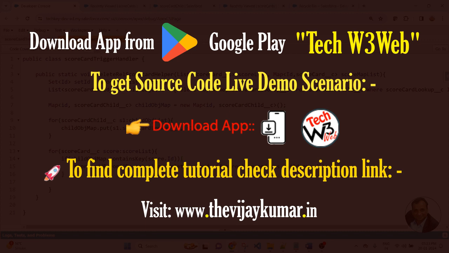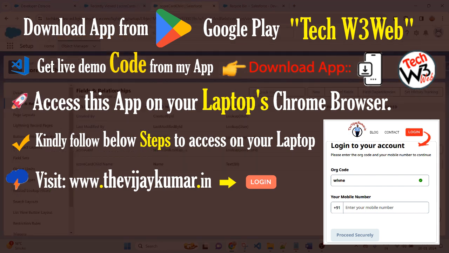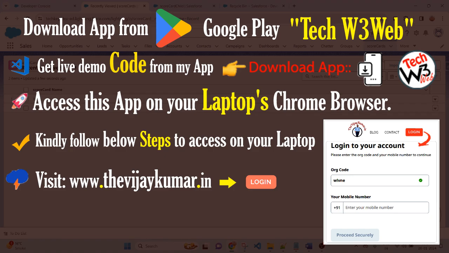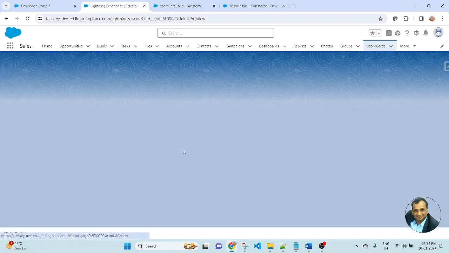Now let me save this file. File has been saved successfully. Now let me go to the scorecard parent object. This is the object name of scorecard. Let me open one record of the parent record. This is John. Let me open this record.